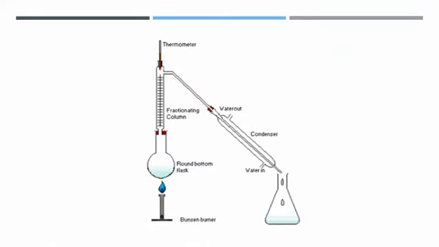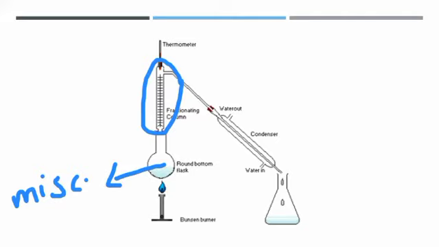So here is my setup for fractional distillation. Over here, again, I have a round bottom flask. Here I have my mixture, two miscible liquids. And then I have this fractionating column, which is different from what I had in simple distillation. So what is this? If you're asked why a fractionating column is present, the simple answer is that it's used to separate the two liquids completely. A fractionating column is used to separate the mixtures completely.